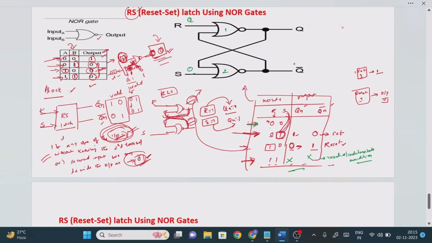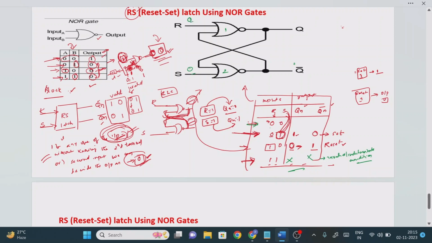It means that without knowing this second terminal value, we cannot find the output value. If you observe the previous cases, one value will be 1 0 or 0 1, something like that. So first we find wherever the input has a 1, and we pass that value into the feedback, so that we find the second value. In this case, nowhere will we have a combination with a 1 to find the direct output. Now somehow we need to find the value of Qn bar, even though if one of the inputs is 0, here also 0.